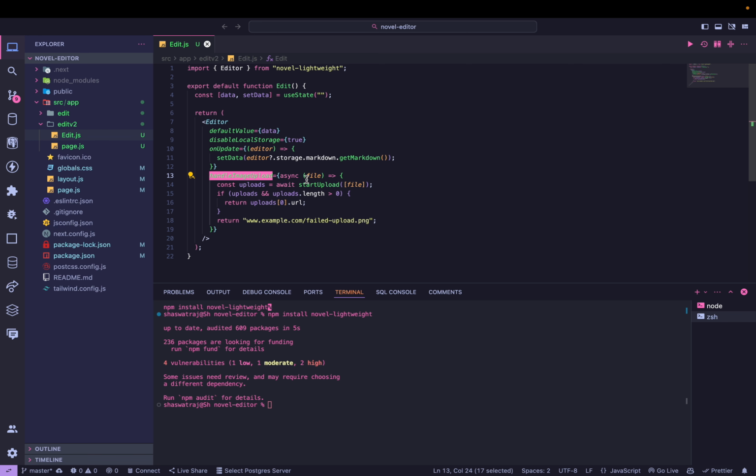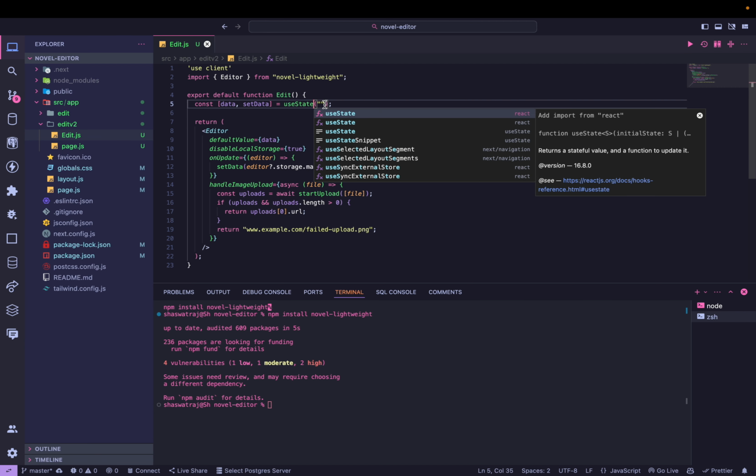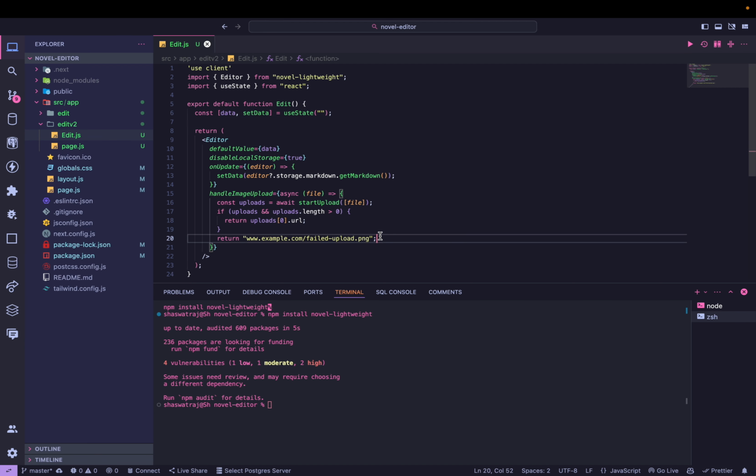And this is handle image upload, that will upload your image using a file and accept a URL as a string from here. And if nothing is returned, you can show this URL that failed upload. You can change this also, but for this tutorial, in Next.js 14 you have to make it a client component. Use client and import useState, and